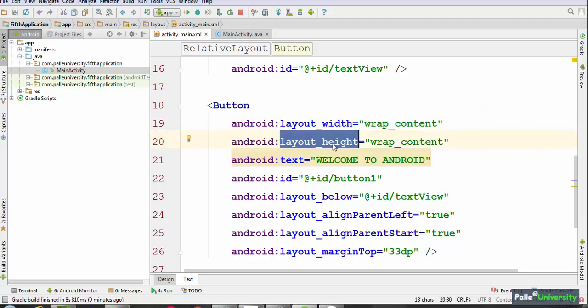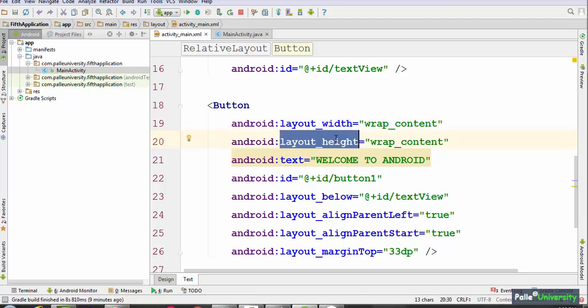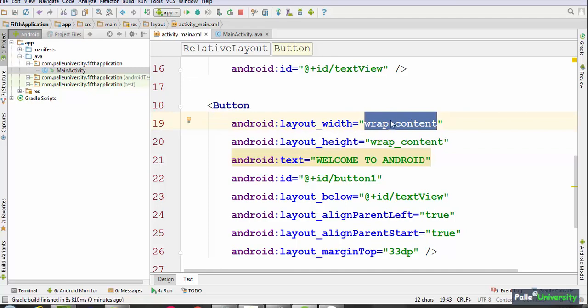Similarly, the height property says how much height to be occupied on the screen. For both width and height, they come with 2 different values. One value is wrap content, this is a predefined keyword, and another value is match parent, match underscore parent.